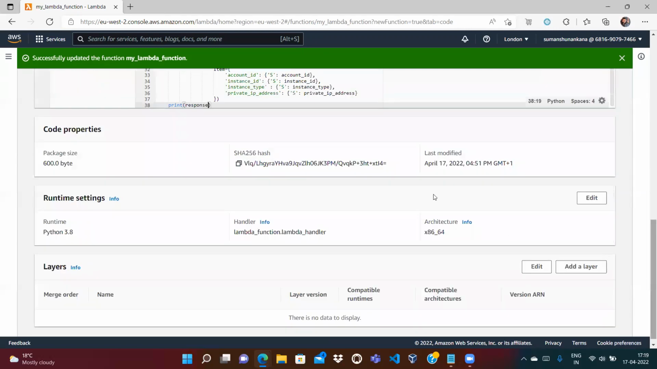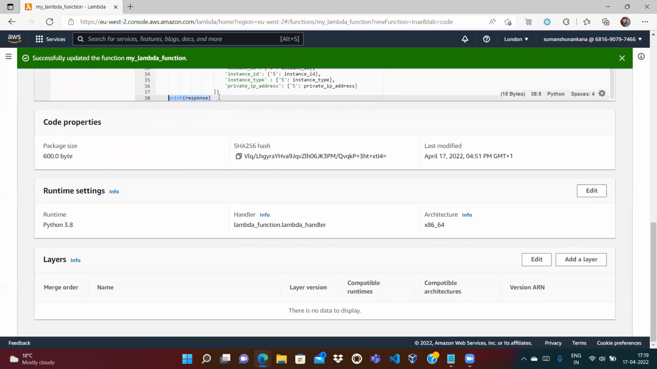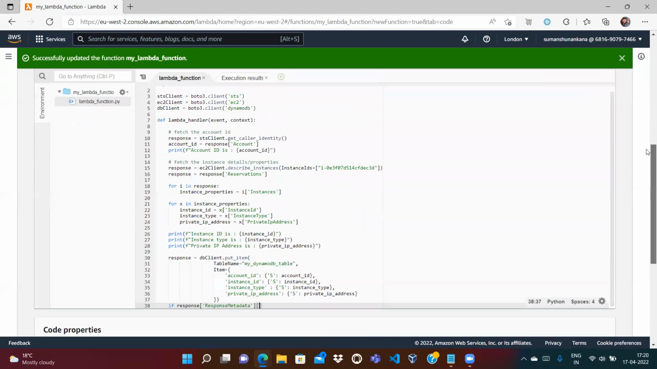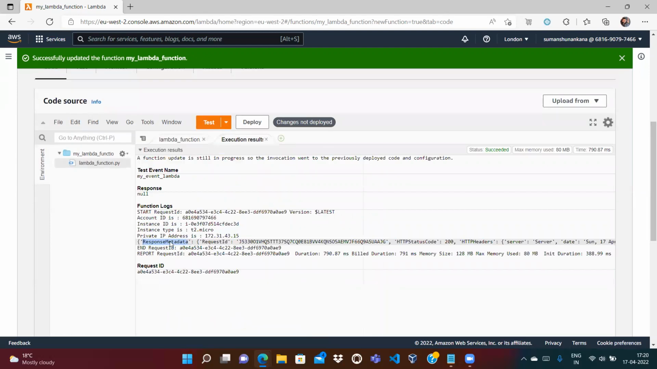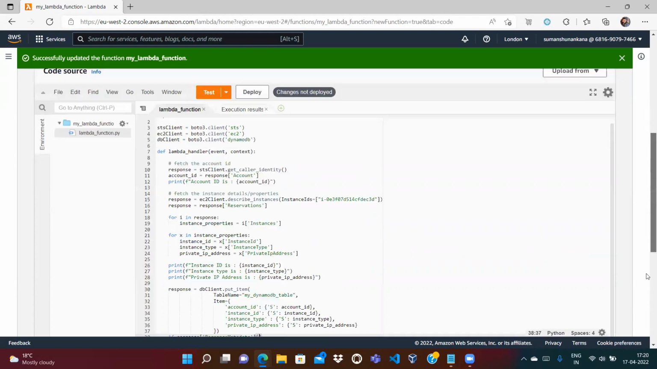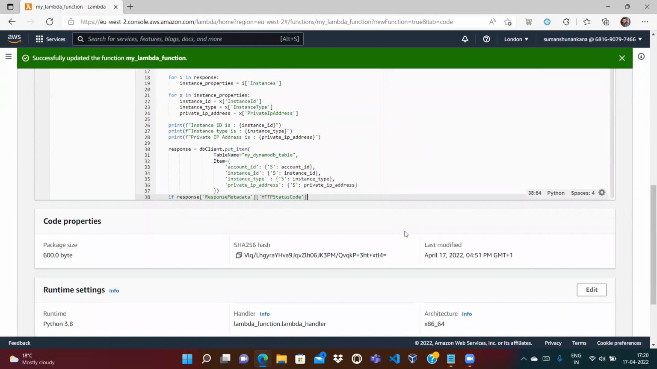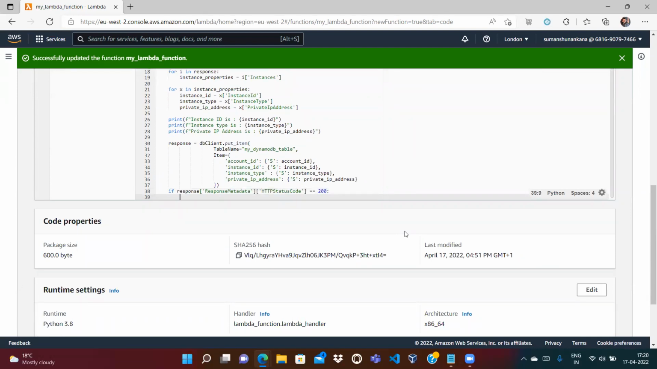So we will just print something. We will check if response of response metadata, and then response of response metadata. First it will check the response metadata. Under the response metadata, it will check the HTTP status code. If the HTTP status code is equal to 200, then you can say print item details has been added